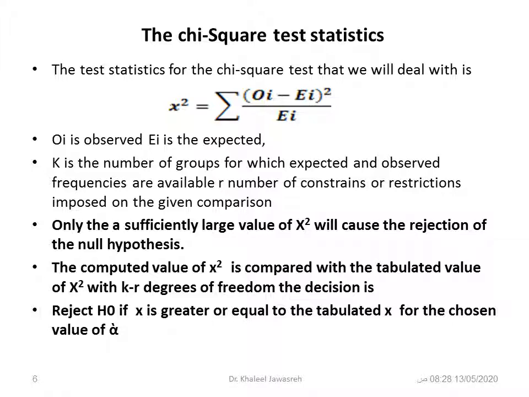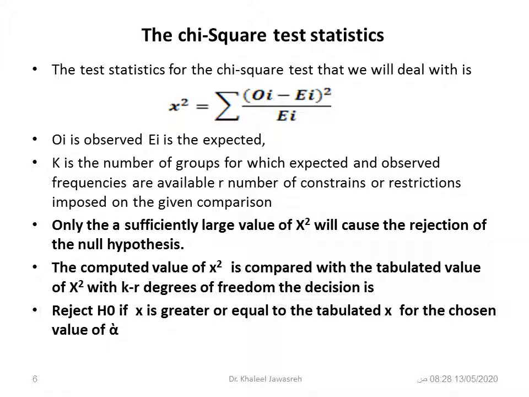So if you have the degrees of freedom, and the confidence level that you are working for, which is 95% or 99%, or 1 minus alpha, whatever the significance level is, you go to the degrees of freedom and there is a specific value in the table. You need to compare it with the calculated chi-square value that results from this formula. If the result of this formula is larger than the tabulated chi-square value, you will reject the null hypothesis,